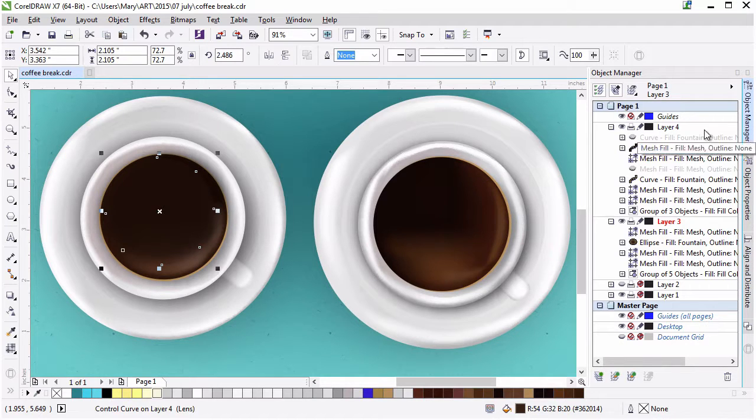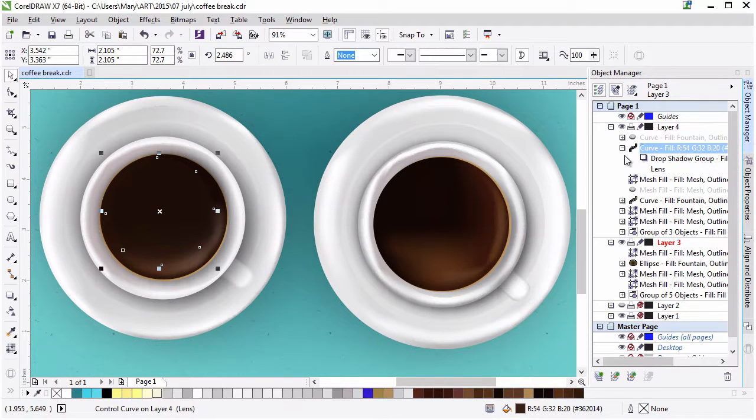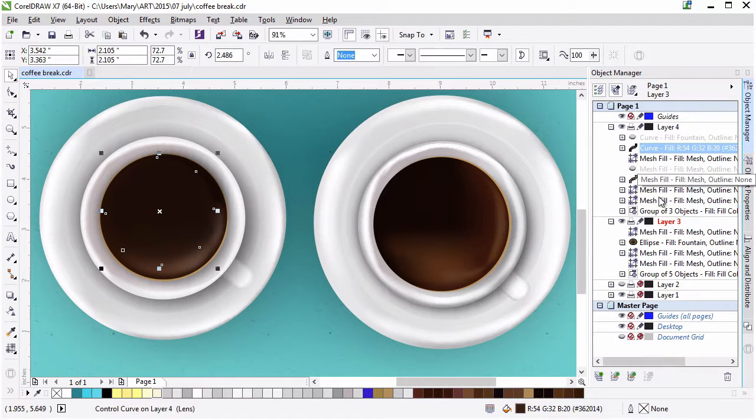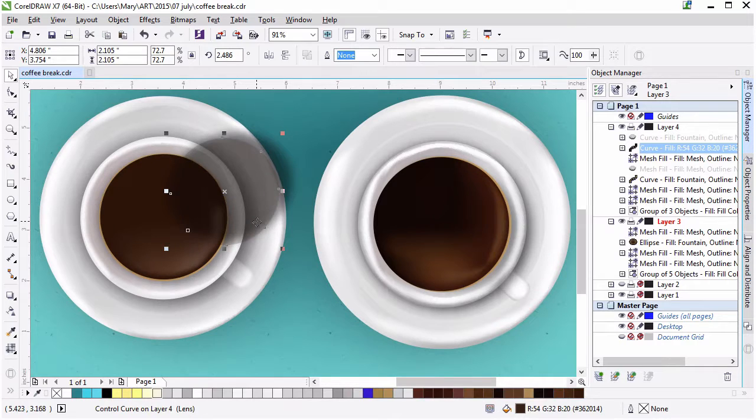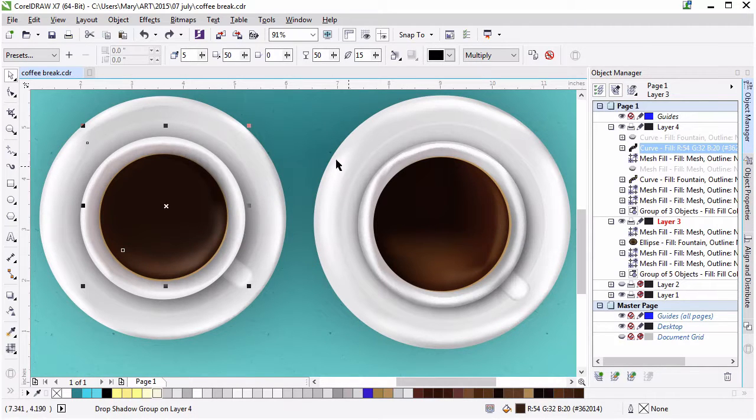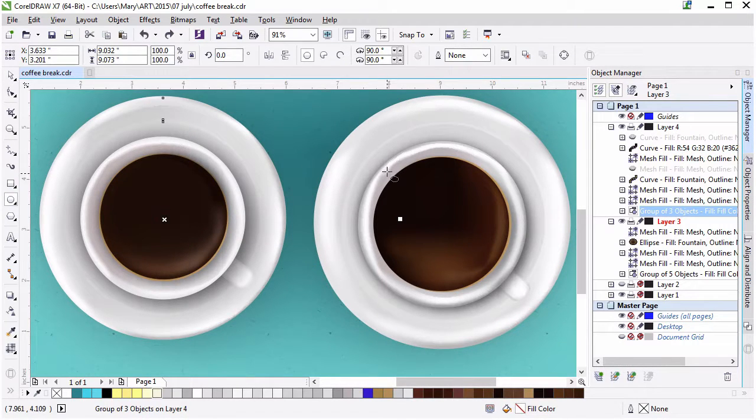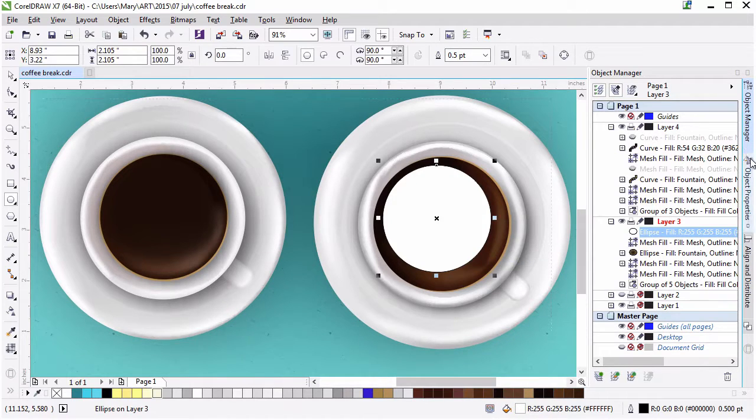Next, we're going to add another dark shape within the coffee. You'll be drawing an ellipse in the upper left portion of the coffee. My original shape is a blended gradient object with a drop shadow. I've moved it aside so you can clearly see it. Grab the ellipse tool and draw your ellipse starting in the upper left of the coffee cup. Eliminate the outline and use the eyedropper under fill in order to grab that dark brown from the coffee cup